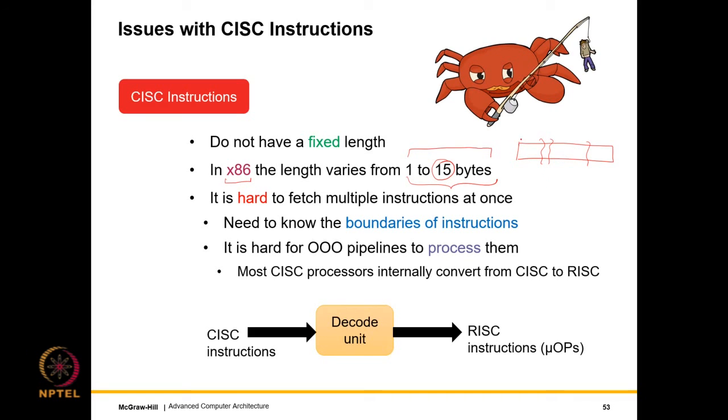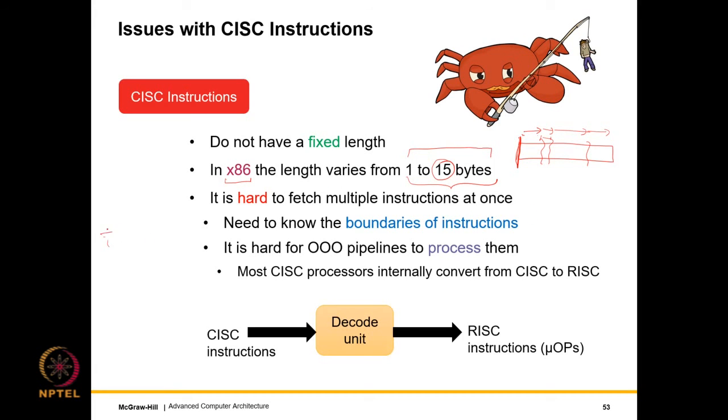So what we need to do is, let's assume that the first instruction starts at this point. We need to keep on reading the bytes, keep on decoding, find the end of the instruction, and again start reading the bytes. So this constrains our bandwidth because decoding becomes a sequential process. We need to start from one end, find the boundary of the first instruction, then the second, then the third, and then the fourth. Unlike RISC instruction sets, where we can read, let's say, 16 bytes, and if an instruction is 4 bytes, we can decode in parallel. In a CISC instruction set, decoding is fundamentally a sequential process, and this is what causes the issue.